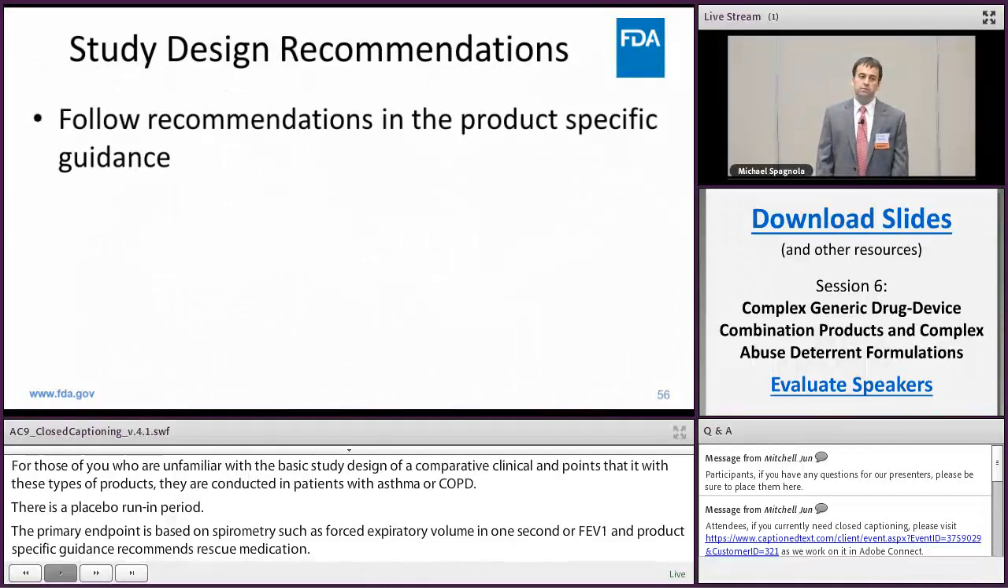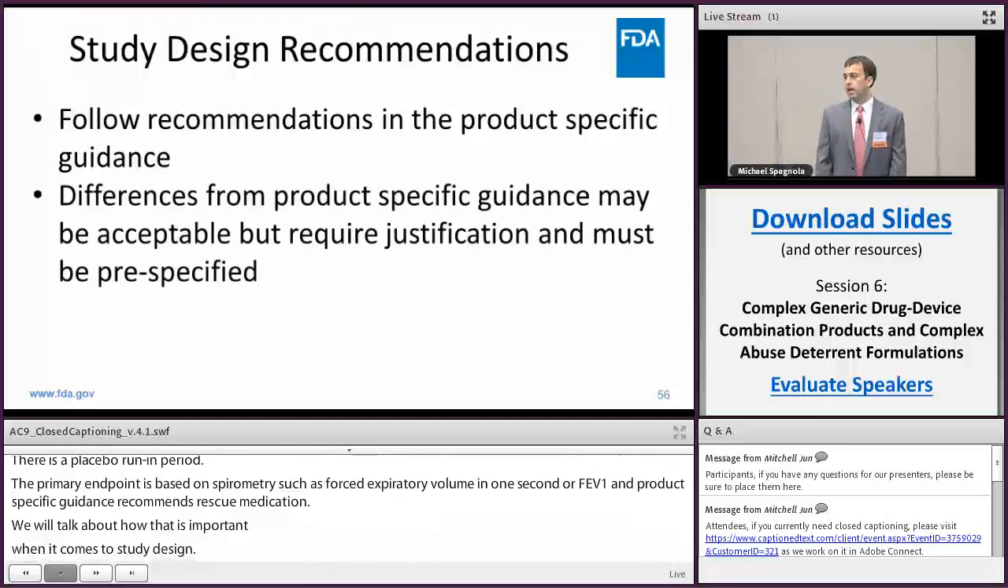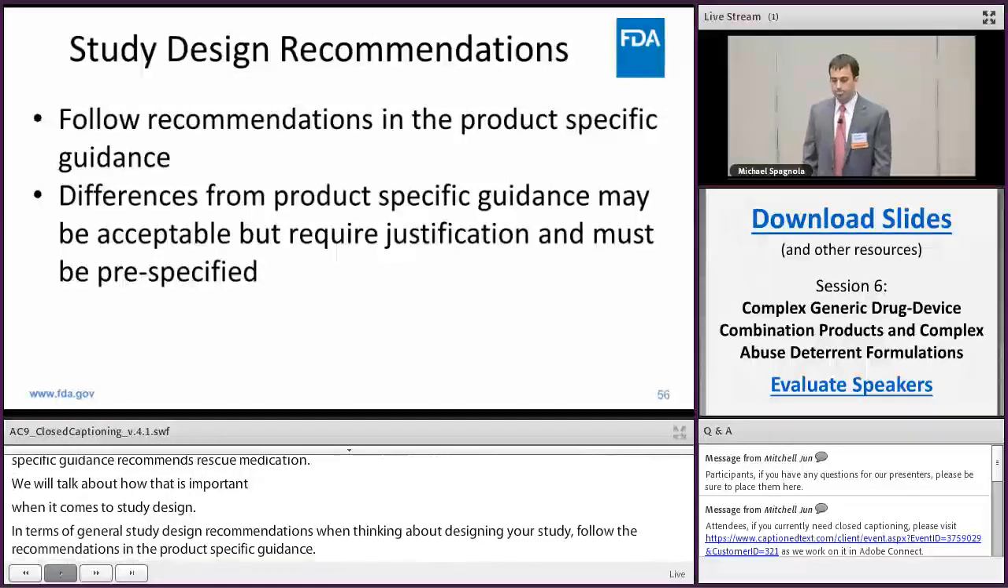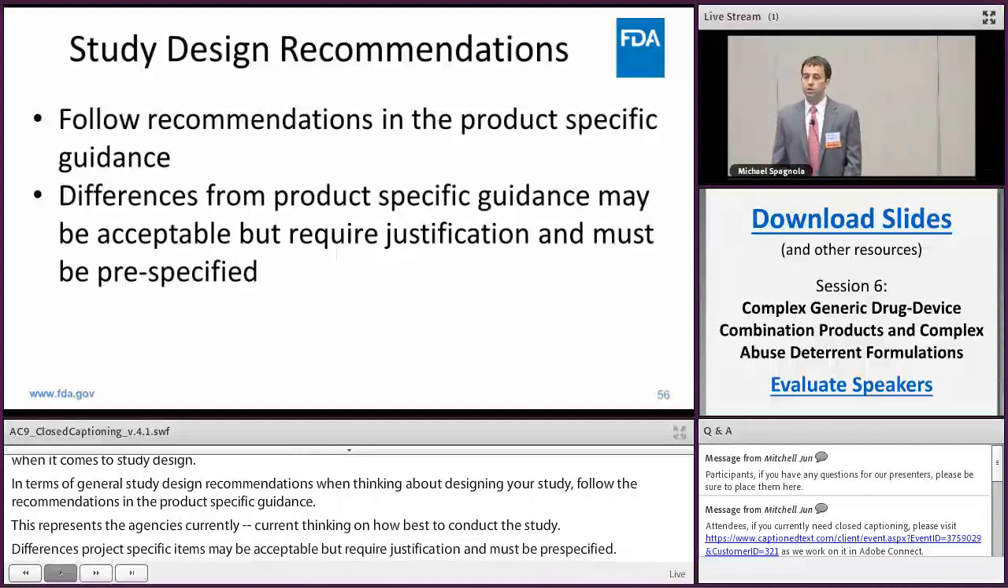In terms of general study design recommendations, when thinking about designing your study, follow the recommendations in the product-specific guidance, as this represents the agency's current thinking on how best to conduct the study. Differences from the product-specific guidance may be acceptable, but require justification and must be pre-specified. I also want to emphasize that these differences should be included and documented in your original ANDA submission. Do not wait for an information request to be sent out, because we will be looking for this information to